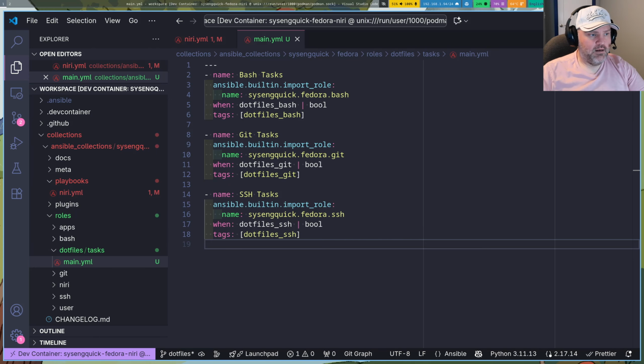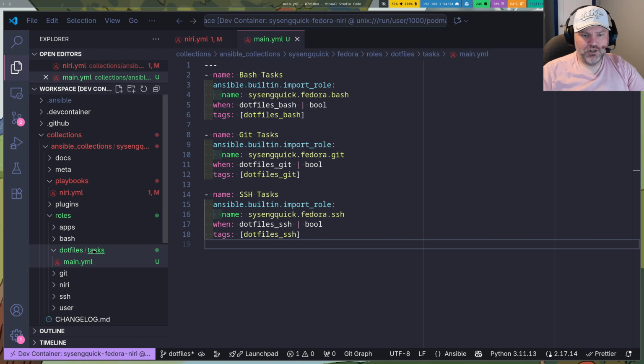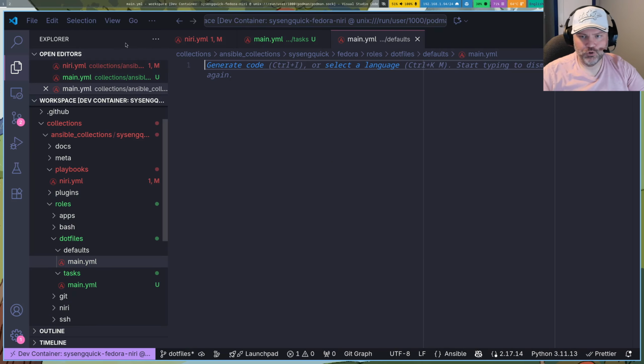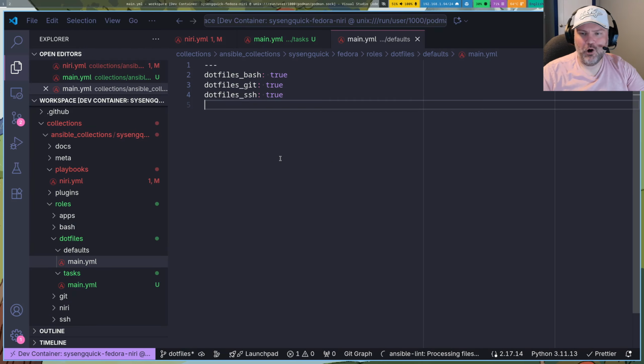Okay, let's go ahead and add our defaults. I'm not sure if I want these to be true or false by default. I have them true right now, but honestly, I could see them all being false and then you deciding which ones to include. So I might change that to false. You'll probably want to check that in the Git repo before you use it and see which one you want to do. But for now, I've decided to go ahead and enable everything. That made the most sense to me at the time, but for other people, it might not. I feel like I'm almost certainly going to change this to be false